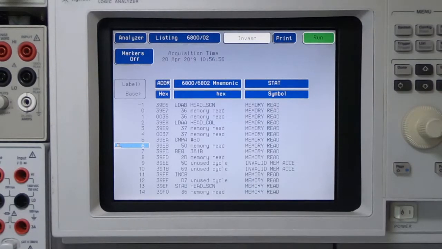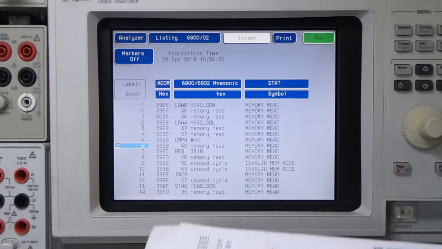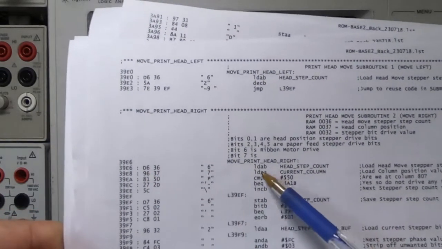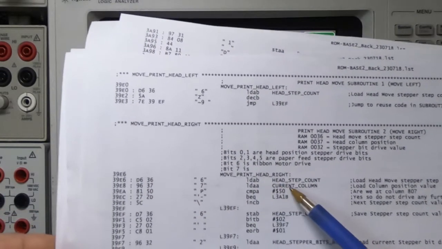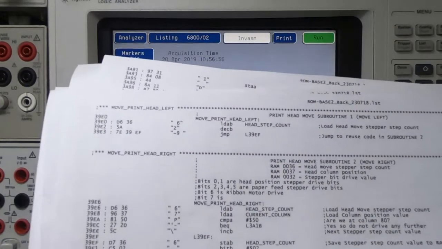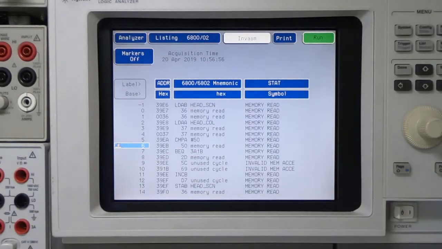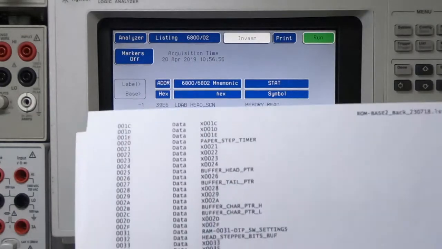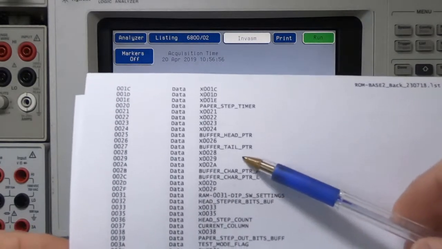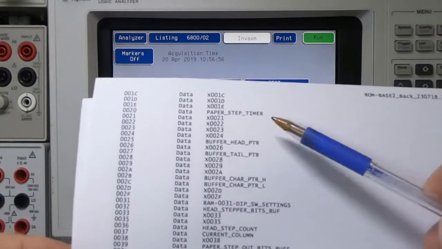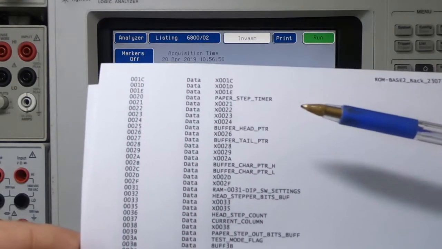So what we can see now is, if we look at the code, the first line of code is to load register B with the head step count. Head step count, of course, is a RAM address. And what I've done previously is identified most of the RAM addresses and I've given them labels, so rather than using the address I've actually changed that, given them a label, and then done a find all and replace in